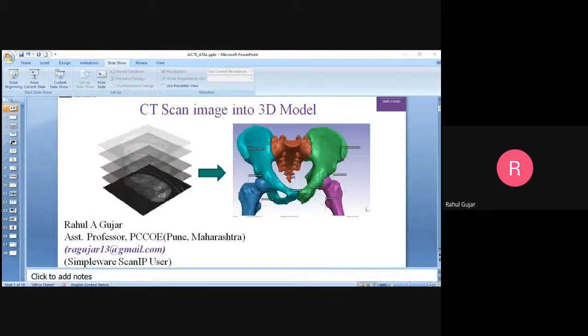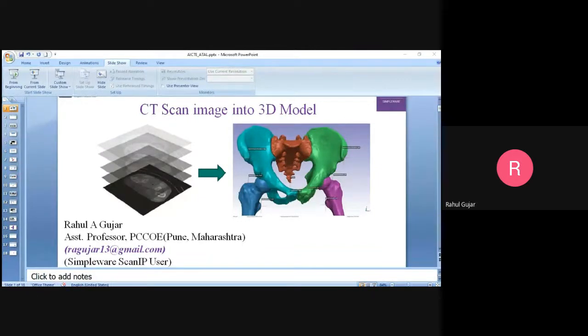Then we will also discuss the fracture locations in the femur bone, and the need of that study, why it is important for this research. Then why there is a need to use Simpleware ScanIP for this application. Then the methodology of generating the 3D model. Then the recent publication I published last year, which I would like to share with you all. Then the further research areas in medical image based research in ortho engineering, the different trends going on